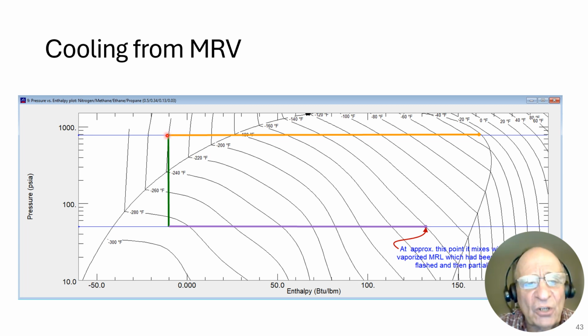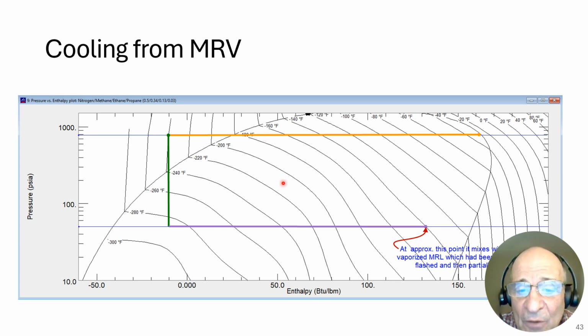Where did we get such a cold temperature from? Let me show you. That minus 240 degree MRV, which is now 100% liquid, goes across the JT valve and drops to about minus 285 degrees Fahrenheit. So it's quite cold here. So it's absorbing heat from this stream to get it down to the minus 240. And it continues to warm up as it absorbs heat